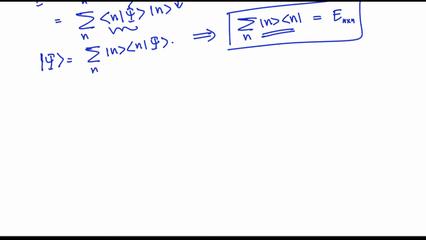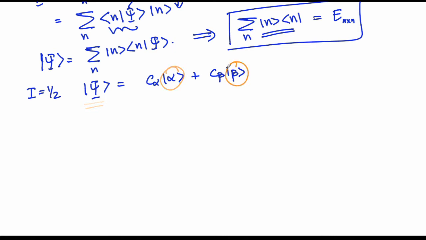So let's take a simple example of a spin half system. So in that case, we can write capital psi as C alpha times alpha plus C beta times beta. Here I am representing the wave function such that only the nuclear spin exists. Other degrees of freedom also exist, but let's not get into those right now. We will be able to incorporate them as we go forward. This is a simplistic discussion that we will have to start with, and we can always add things as we go forward. And here, what you are able to see is that you have to ensure that this wave function